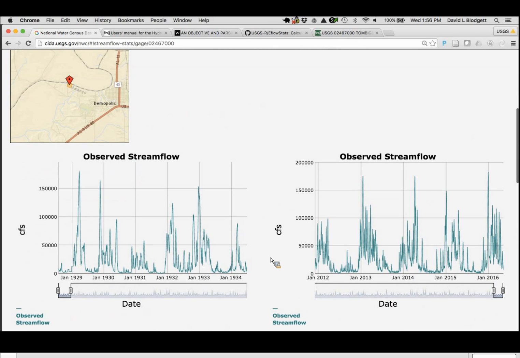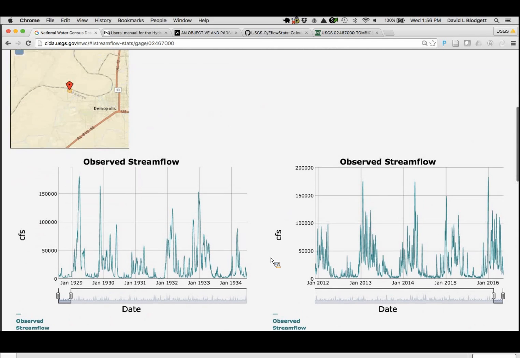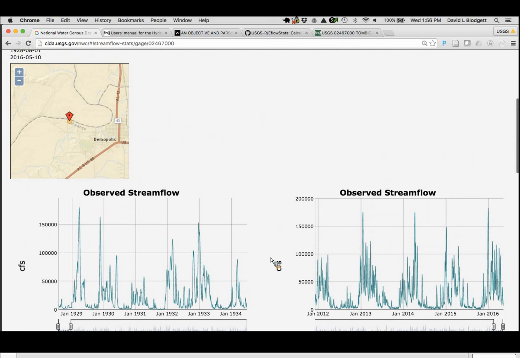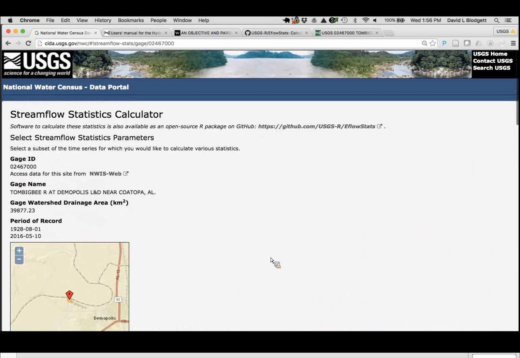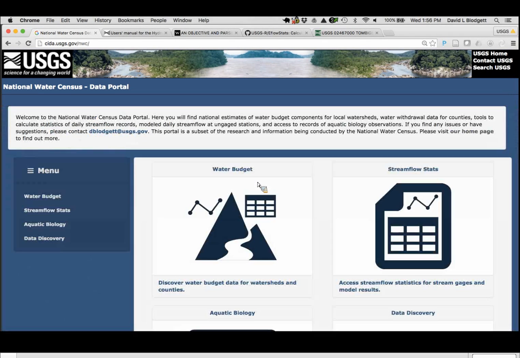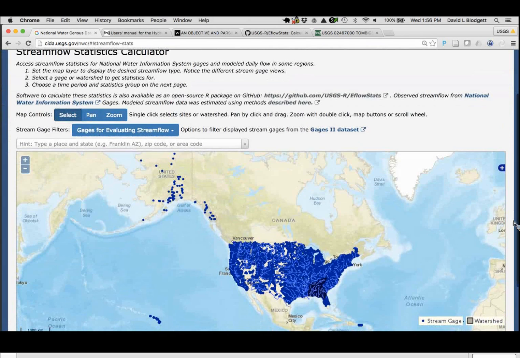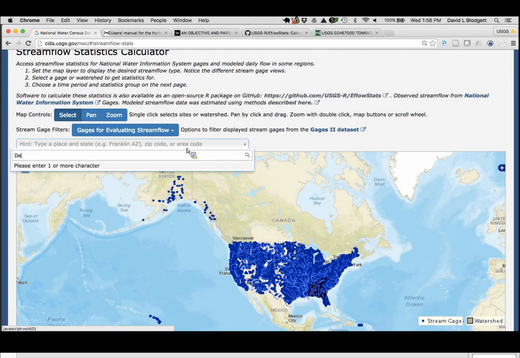many people are going to be interested in seeing stream flow on river reaches that we've not observed stream flow directly as part of the National Water Information System. So the stream flow statistics interface that we're very much in the middle of building out is going to include modeled stream flow as well for many watersheds across the country. And we started doing this in the Southeast U.S. So let's just zoom back to